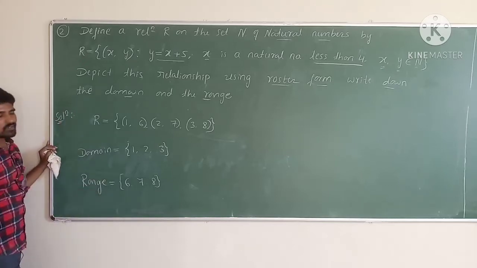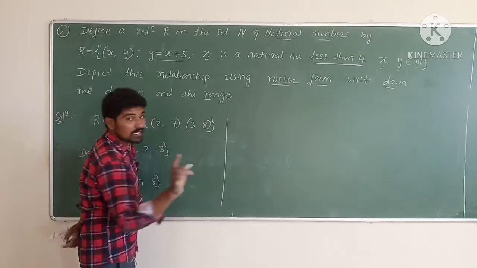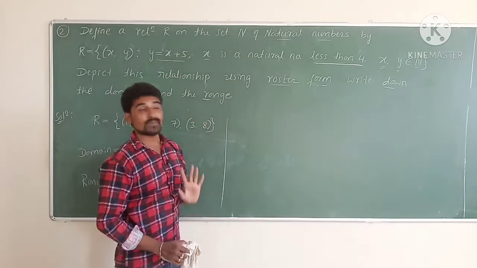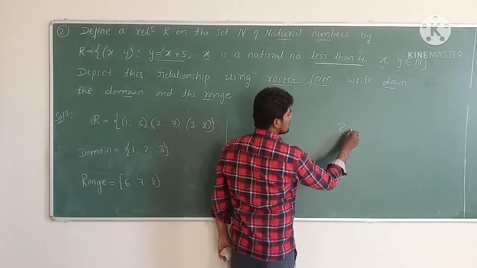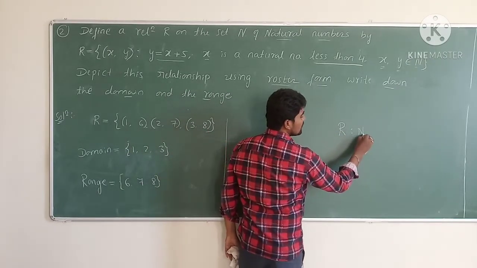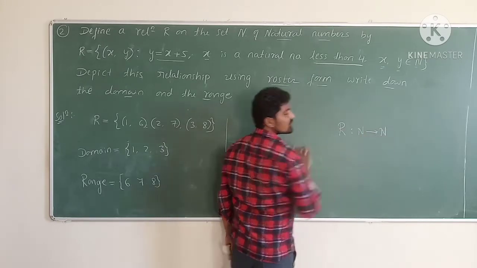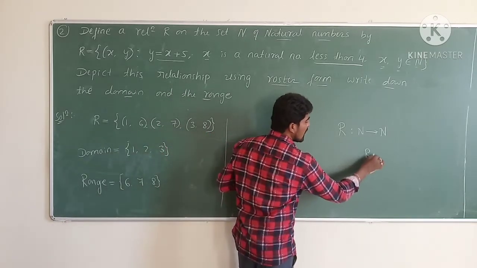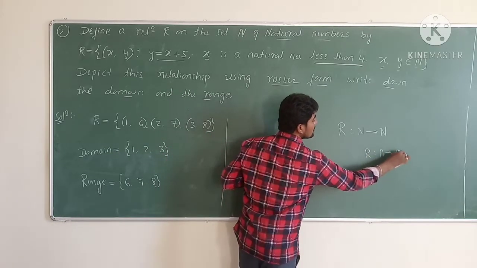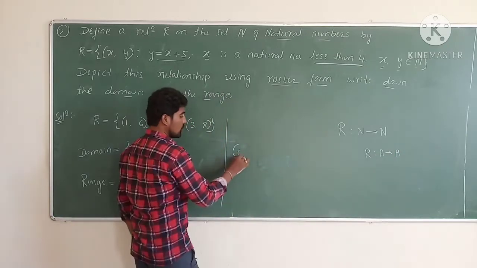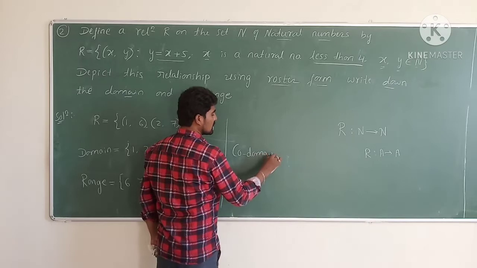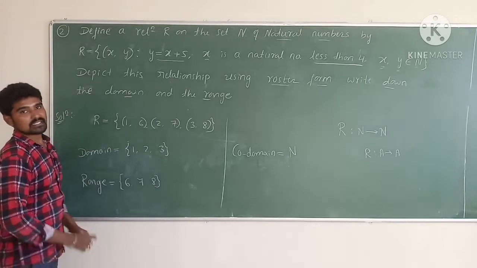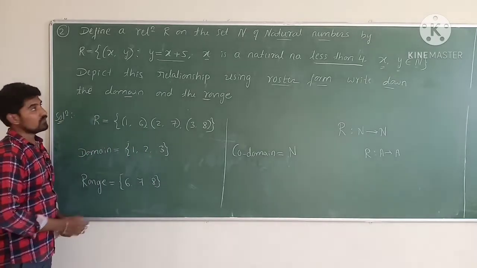And codomain, he has asked, just write the codomain. What is the codomain? Here he has given that relation R is defined on the set of natural numbers. Means R relation is defined from the set of natural numbers to the set of natural numbers. Let the relation be defined on the set A. Means what? R is defined from set A to set A. Therefore, codomain of the given relation should be equal to what? Here the second set is natural numbers. Therefore, codomain of the given relation is the set of natural numbers. I hope all of you understood. If possible, take a note.